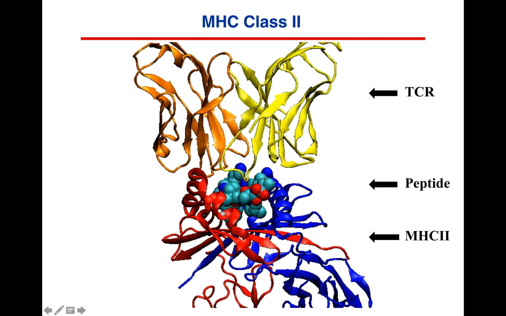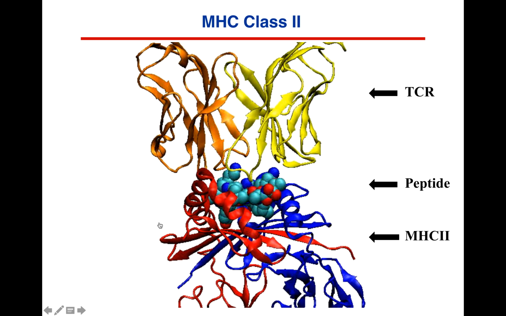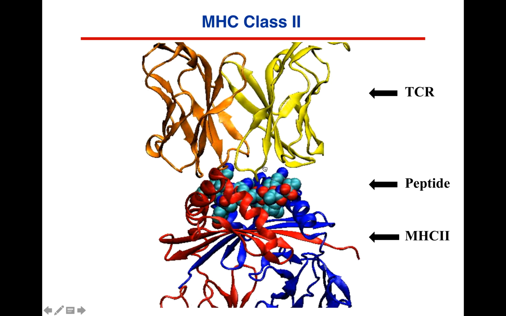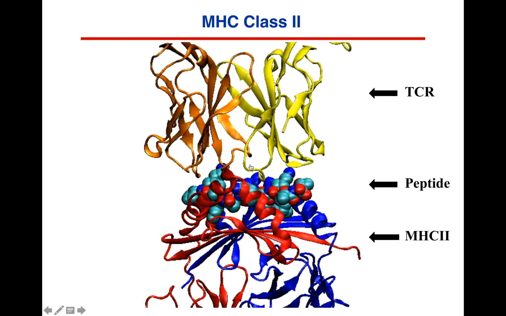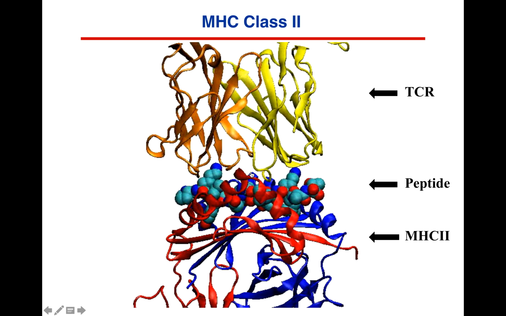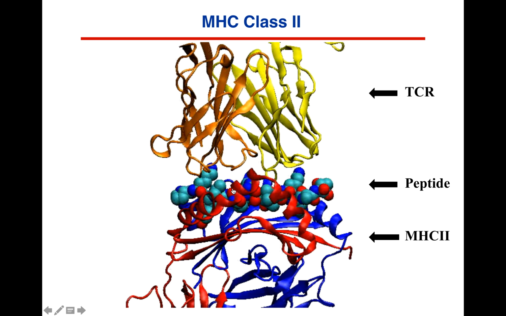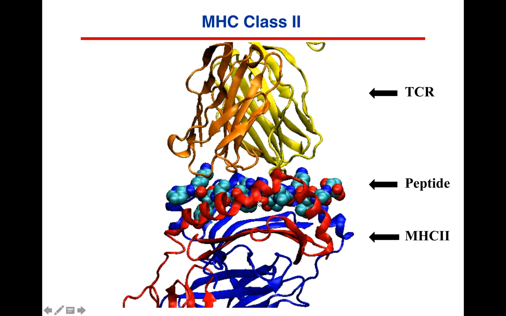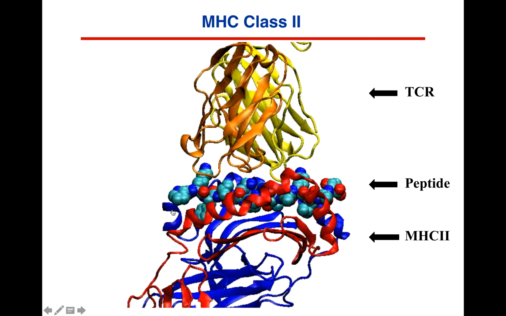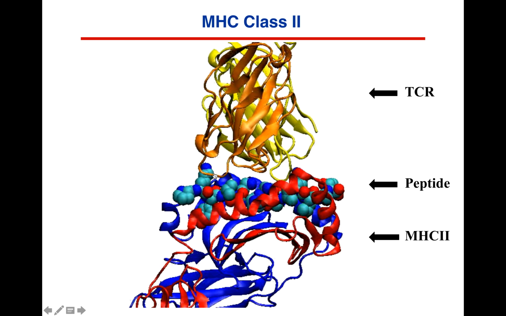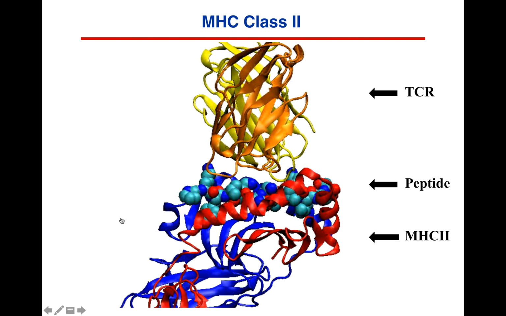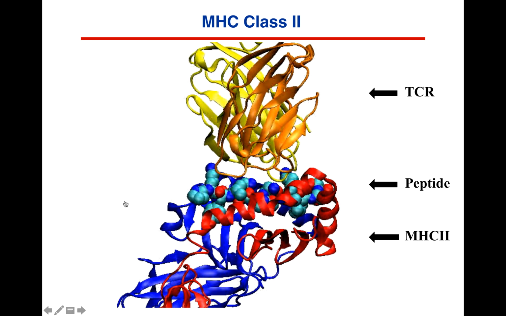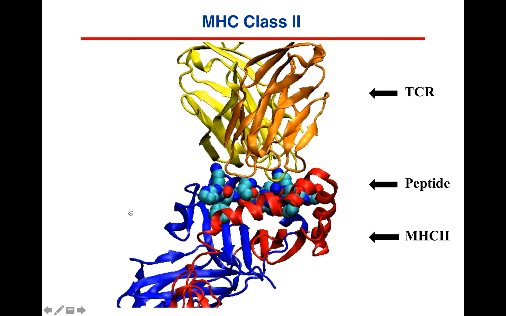Now, it's maybe not quite as obvious here, but those two loops are touching that peptide and directly interacting with that peptide. This part of the peptide, of course, is not binding, is solvent exposed. The other loops can bind also to the peptide, but they also interact with, so let me just show you